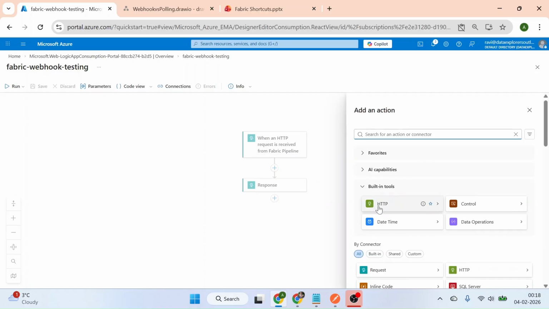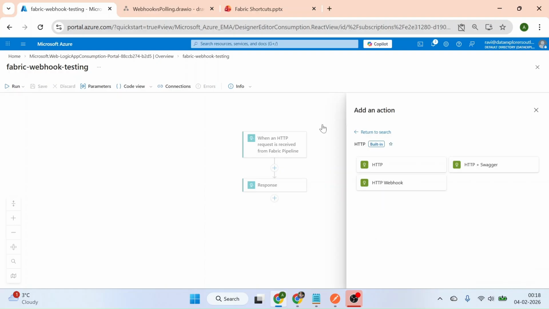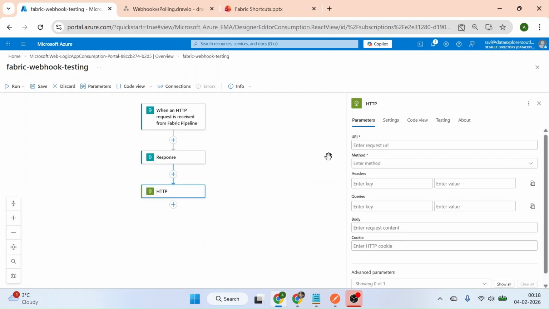You need to select HTTP and we need to give URI. Now in this case, the URI will be the callback URI. So let's select the dynamic